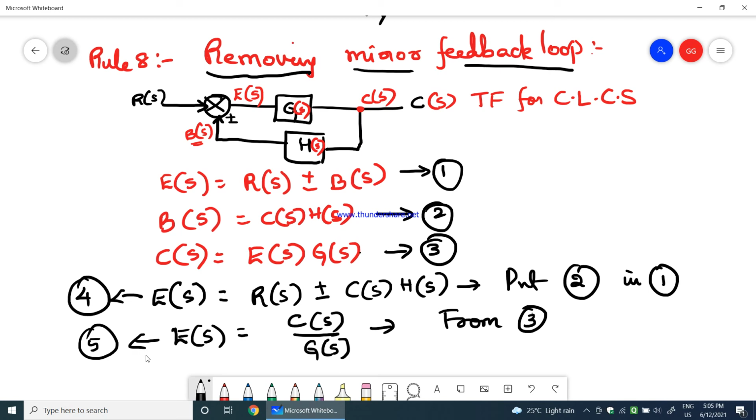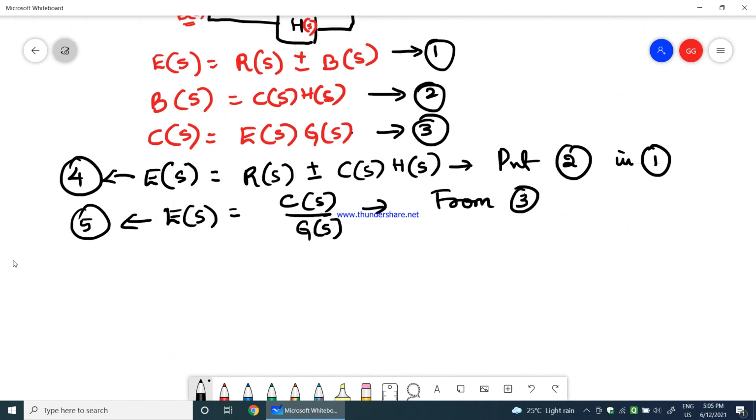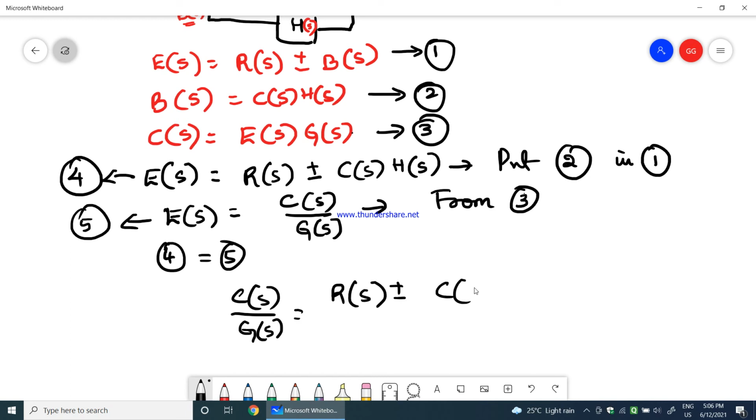What would be the next step? C of S by G of S would be equal to, now 4 and 5 are equal because both are E of S. Therefore I can say C of S by G of S equals R of S plus or minus C of S into H of S. Therefore C of S would be equal to